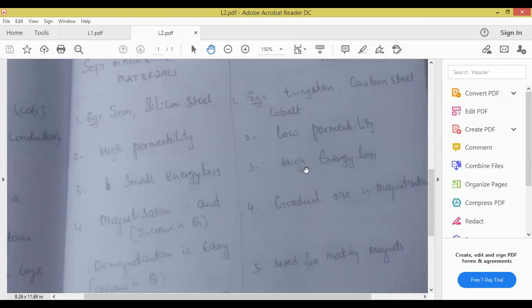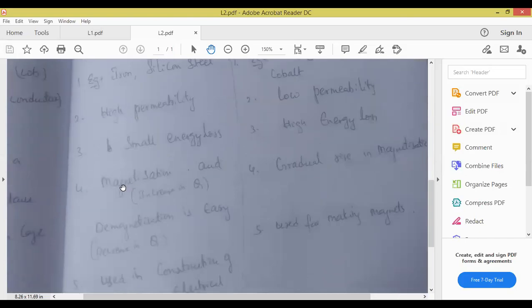So here, what is the disadvantage? High energy loss. Now for the next point, as it is, you have to write magnetization. This is important. Magnetization means what? Increase in the value of magnetic energy. I've written that in brackets for your understanding. Magnetization and demagnetization. Now anyone tell me what demagnetization is? In brackets I've written: whenever the magnetic field value is decreasing. Magnetic energy increases in one and decreases in the other. I'll give an example you will see in your house. When you turn on the fan, does it rotate at maximum speed immediately, or does its speed increase slowly?